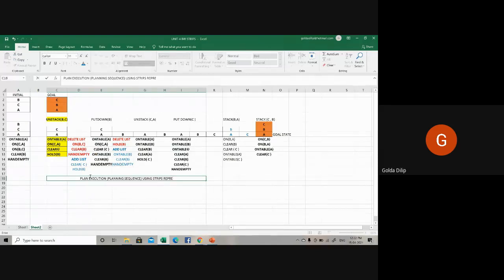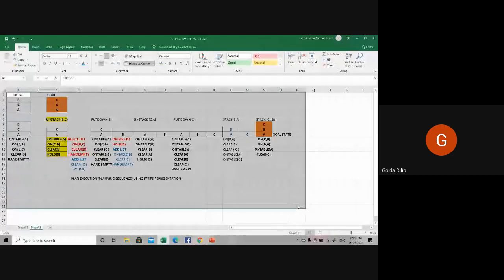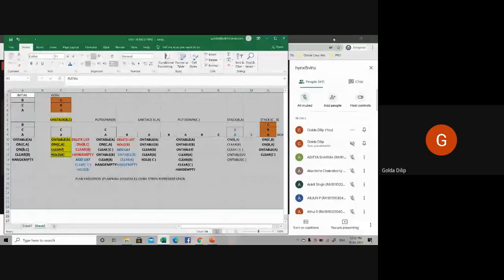This is the complete planning sequence for a simple block world problem. Are you all listening? At least one yes or a no. Yes, ma'am. Okay, fine.